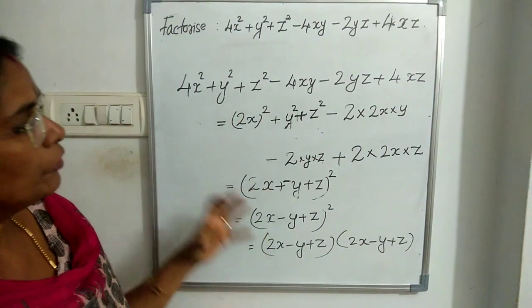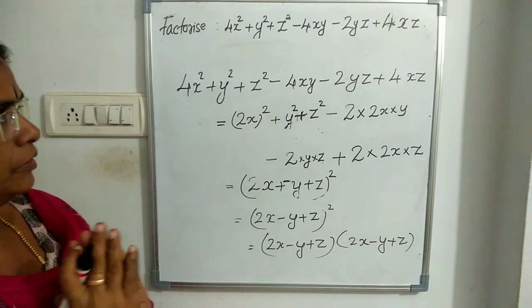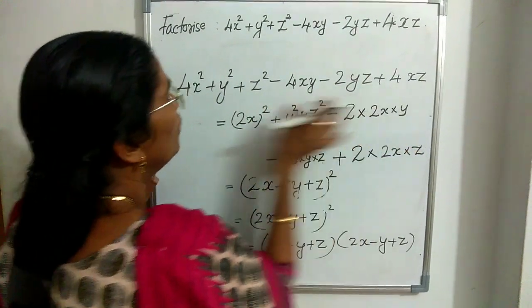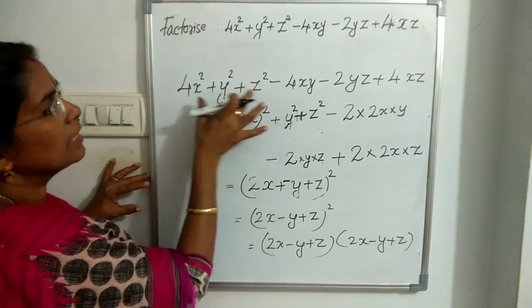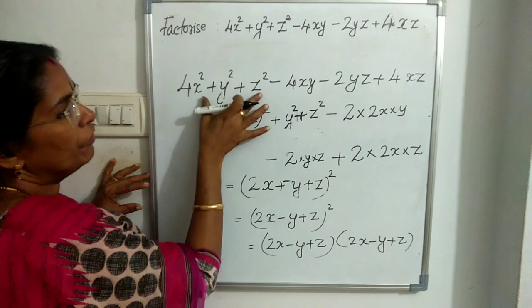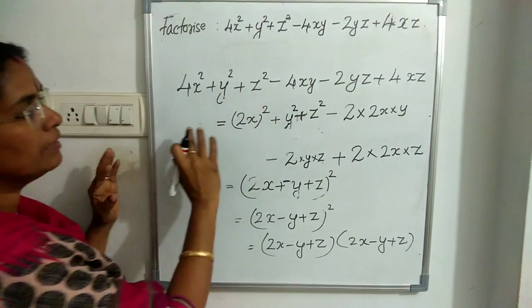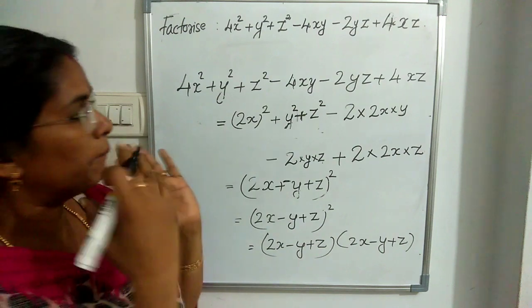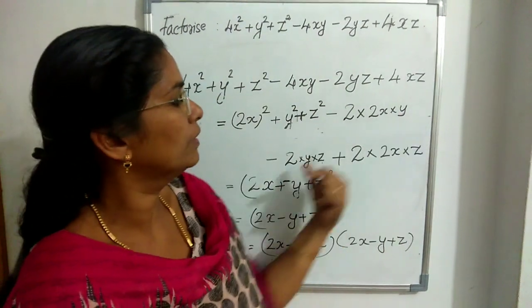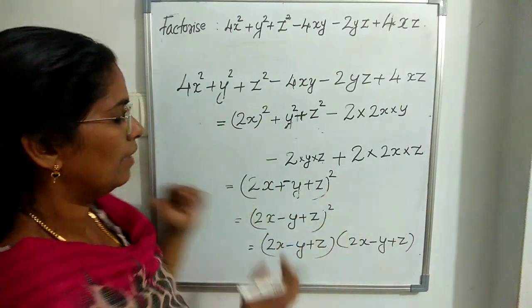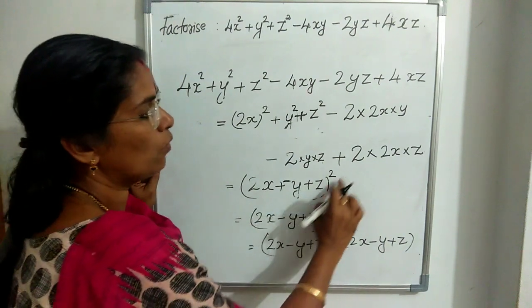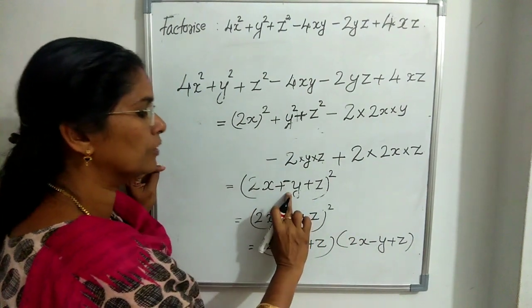One more time I am repeating this. It is very important how to find the terms. No need to look here and all. Only how to take the first 3 terms. Its square root we want to find out. 2x, y, z. After that you want to apply the formula and write all the terms. Okay. Last you write a plus b plus c whole square form. After that only you want to put the sign.